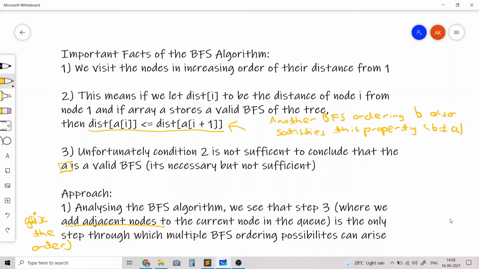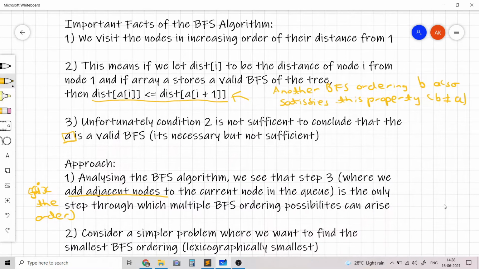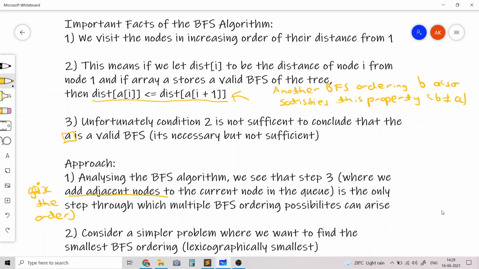An obvious way to do that would be by sorting. So first let's consider a simpler problem where we can directly apply sorting. That problem is where we want to find the smallest BFS ordering, the lexicographically smallest BFS ordering.